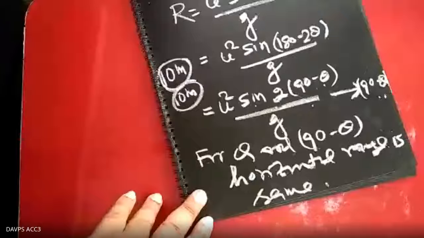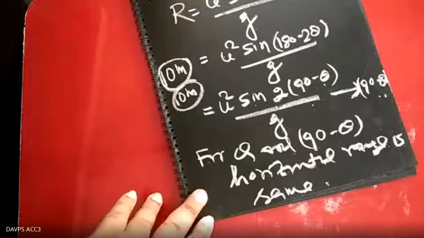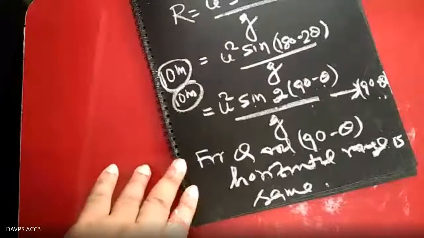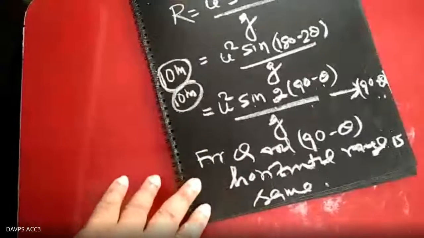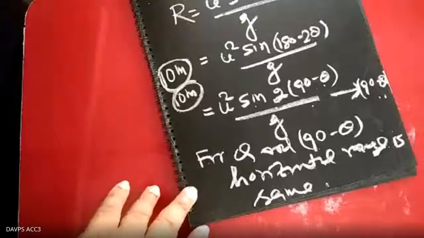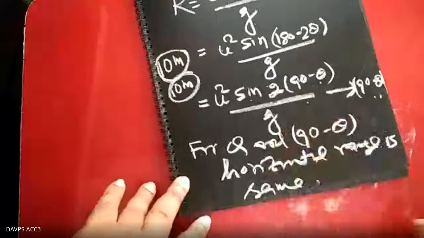Yes, sir. Very good. Same. What will be the horizontal range in 60 degree? Same. Okay, same, I would have accepted. I thought that 30 degree gives 10, 60 degree should give 20. Not so, right? No, sir. How did you know? Sir, it is 90 minus theta. Yes, from here you know the complement angles give the same range. 90 minus 30 is 60. Very good. From this concept, you understand?